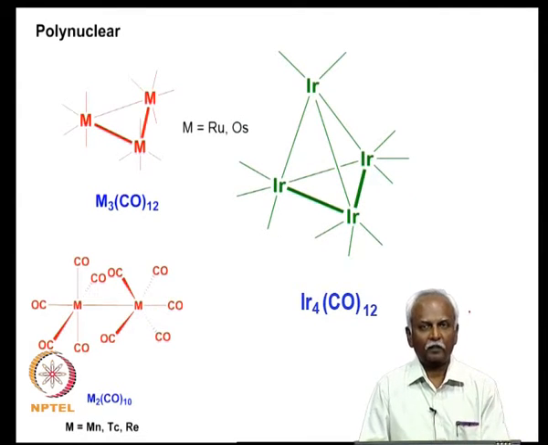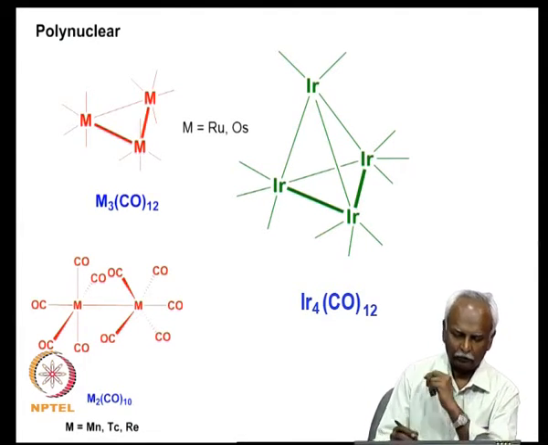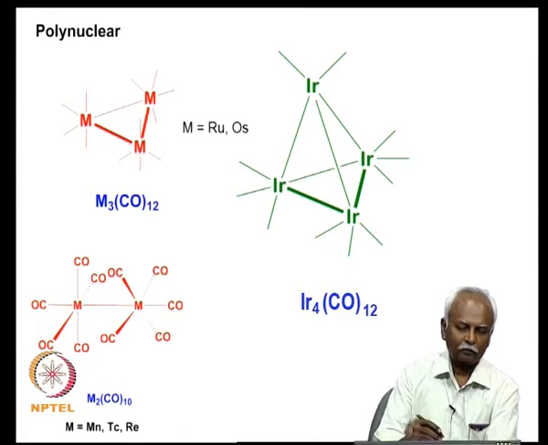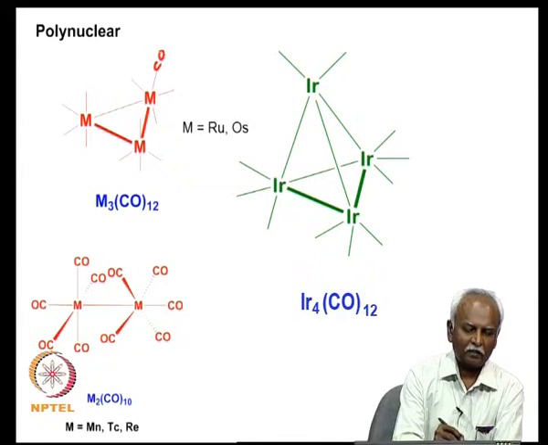So, here is a set of complexes that I have pictured here, and these compounds strictly follow the 18 electron rule. They have carbon monoxides which are just indicated by a straight line here. So, for example, if you choose this complex, each one of these lines which I have drawn here represents a carbon monoxide.